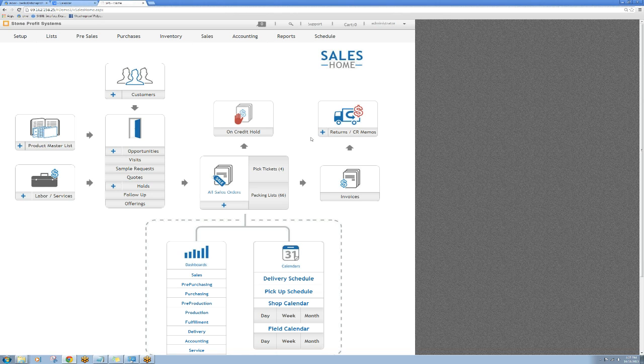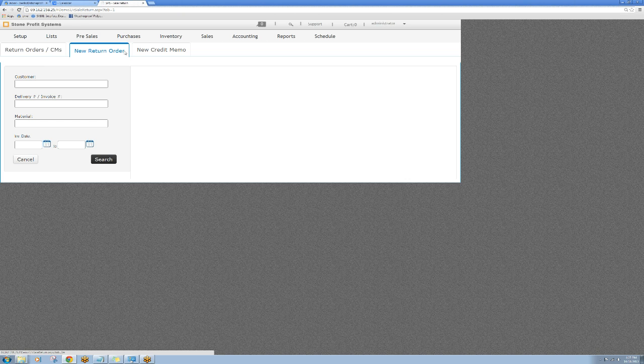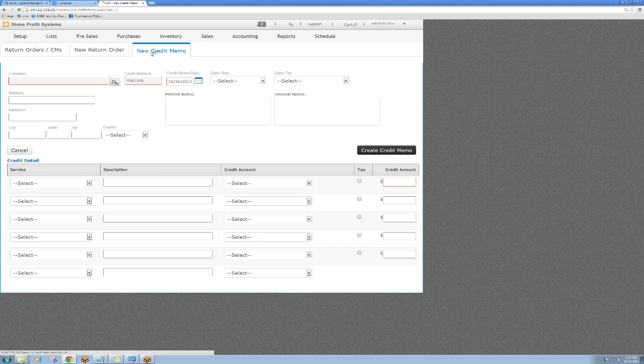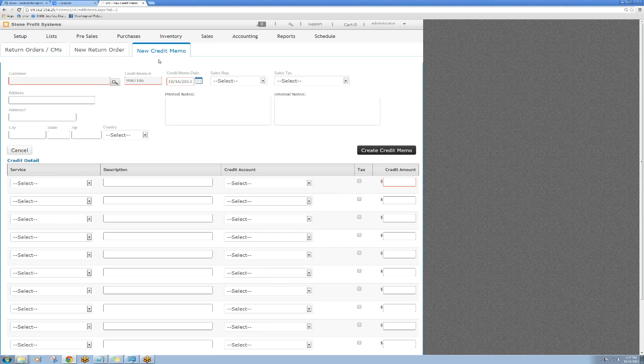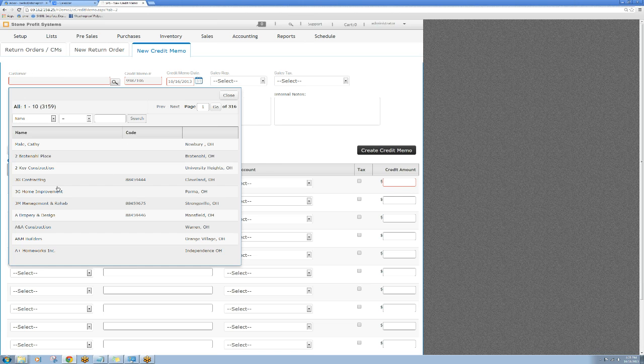So you're actually going to go to your sales home and click on the plus sign here on your credit memo icon. And you have two options. The return order I discussed in the sale order video, but the new credit memo is if you want to post just a sum to the AR account of the customer. So perhaps you do some sort of loyalty program, you can do that this way. Just find your customer,